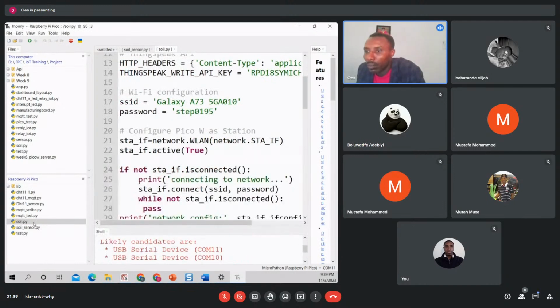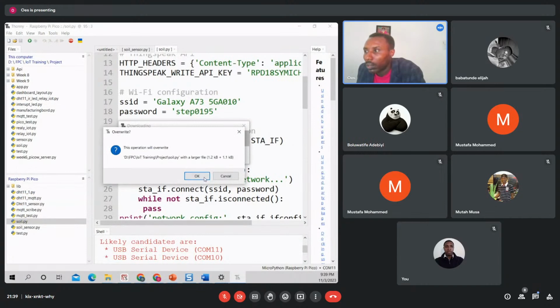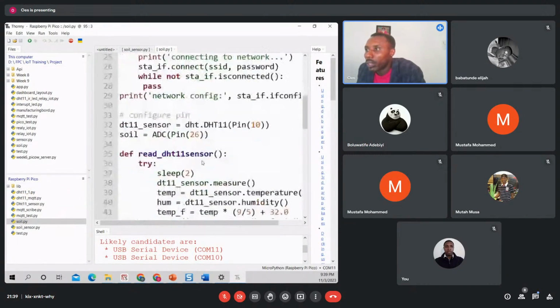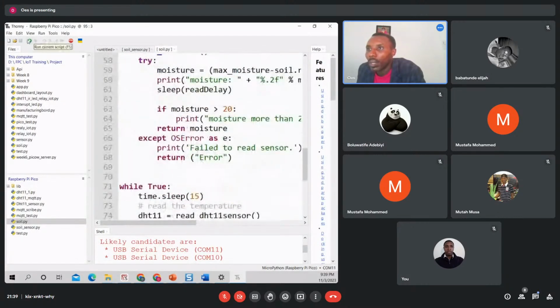Okay, I think I have the updated one here. So I'll just update this. All right, so I'm going to run this. This is the updated one. So if I run it,